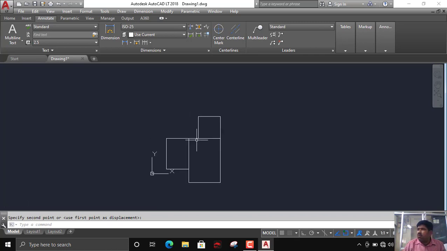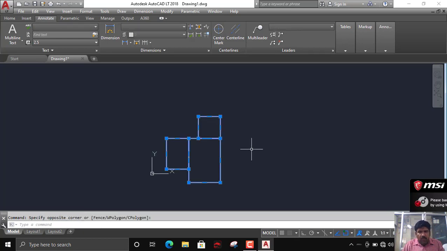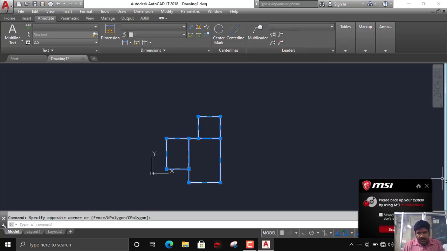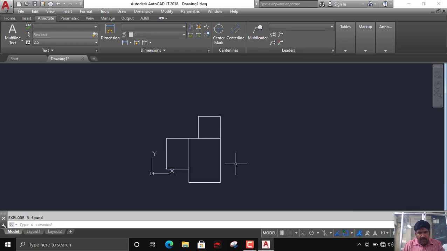The passage they have given is 1 meter, right? Since all these are polylines, that means it is a rectangle. If I select this, it will show me rectangle. For that reason, I will explode this. Explode.